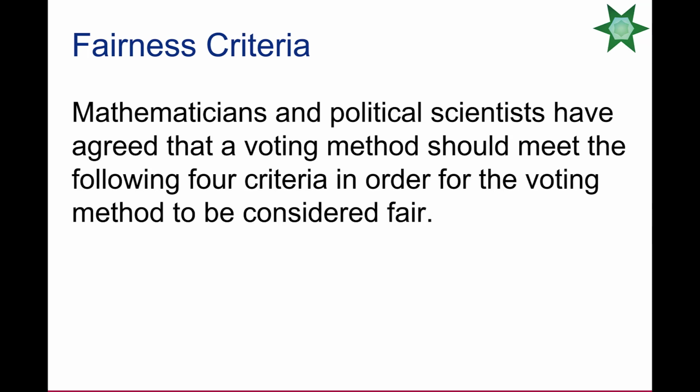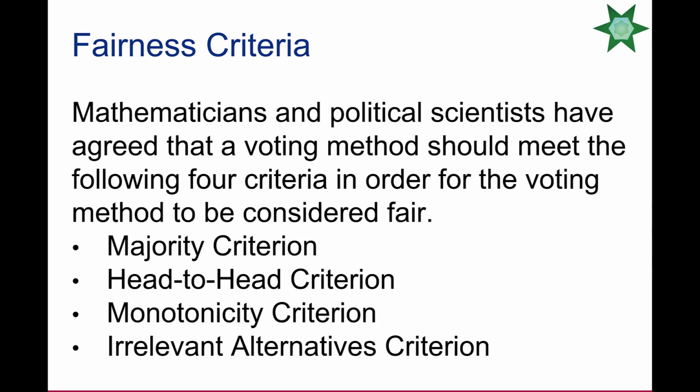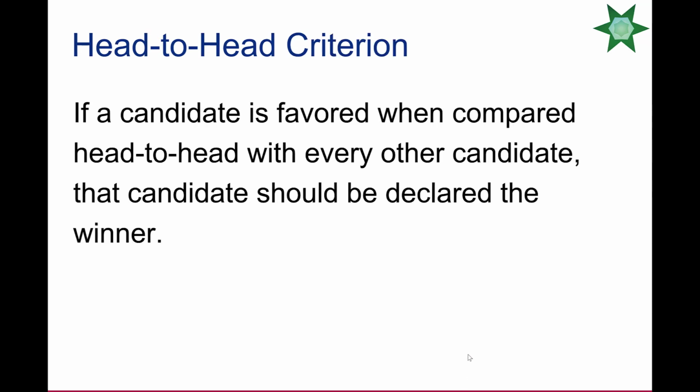The fairness criteria: mathematicians and political scientists have agreed that a voting method should meet the following 4 criteria in order for the voting method to be considered fair: majority criterion, head-to-head criterion, monotonicity criterion, and the irrelevant alternatives criterion. Majority criterion: if a candidate receives a majority, more than 50% of the first place votes, that candidate should be declared the winner. Head-to-head criterion: if a candidate is favored when compared head-to-head with every other candidate, that candidate should